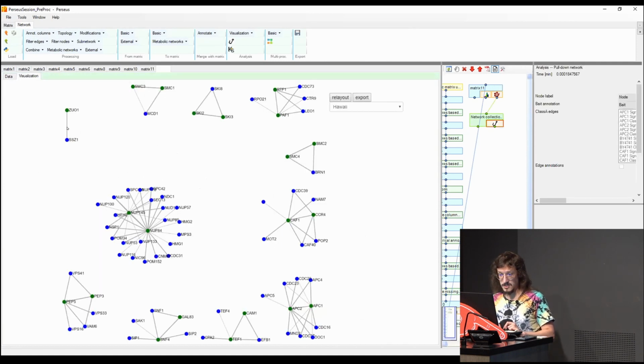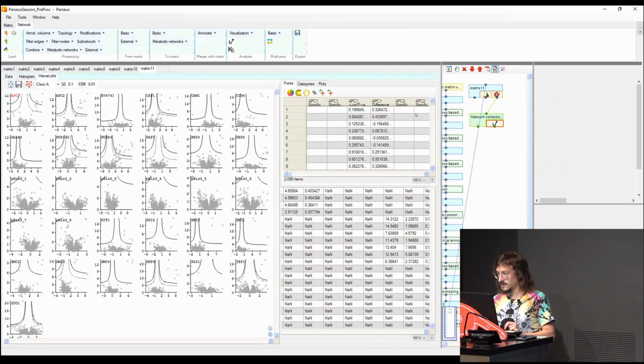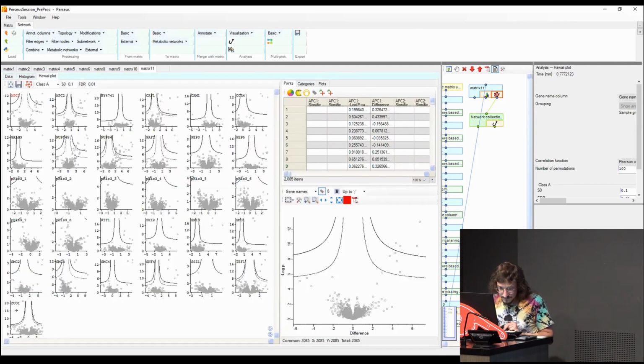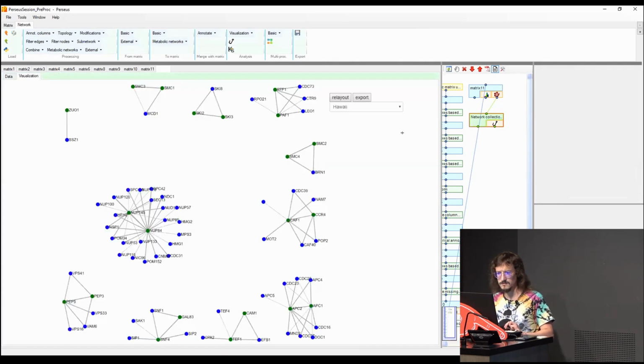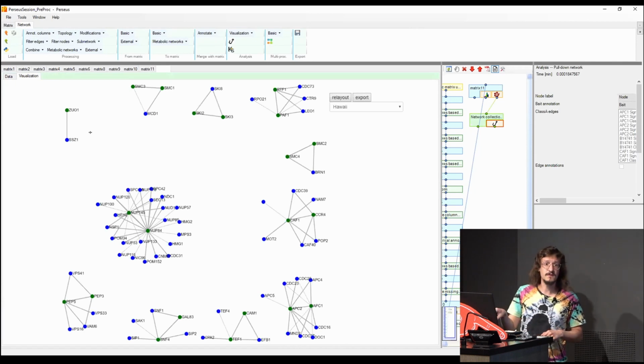But let's check, I don't know, this ZUO1 that has only this interaction. Let's go here. Let's check for that bait. Here it is. So what did the network select? This one. Not this one, because this one, as I said, is an error depending on the FDR that Jürgen mentioned before, the FDR that he used. The network selected this one. Is it for real? Let's see. Yes. It was only that one.